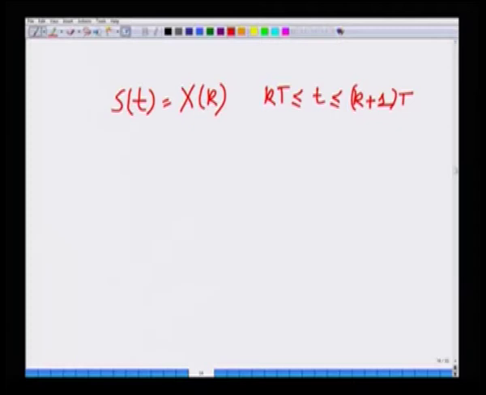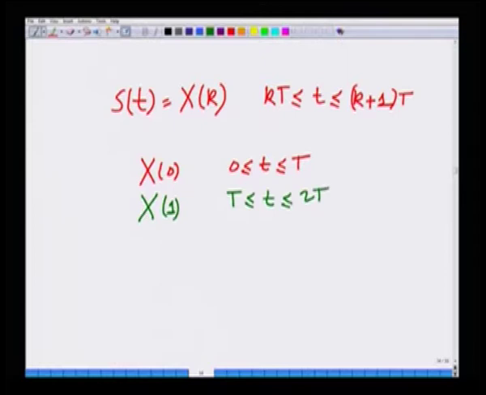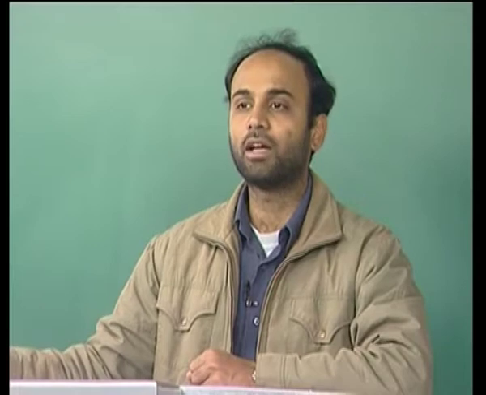For instance, if k equals 0, between 0 and T you transmit x_0, between T and 2T you transmit x_1, between 2T and 3T you transmit x_2, and so on. So, essentially you have slots of duration capital T, which is 1 over B,